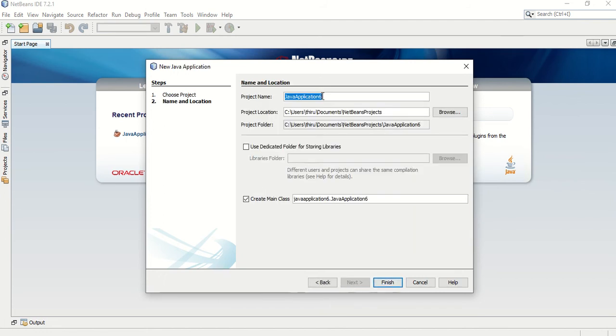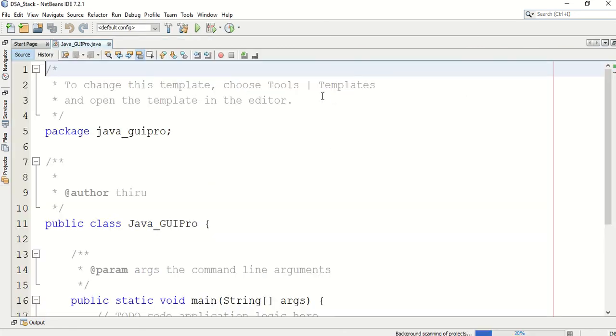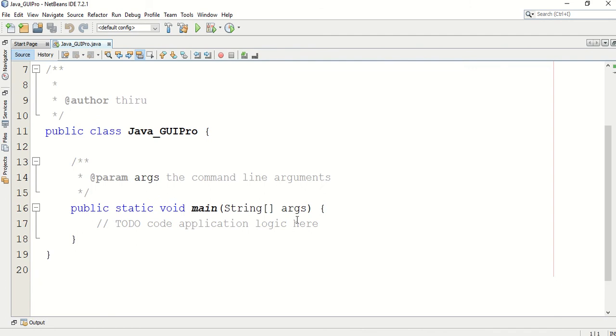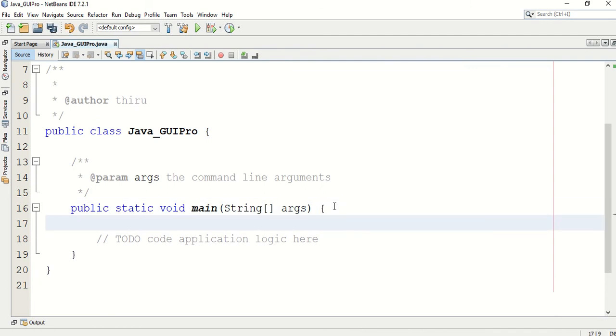Then next, here Java application 6. I am going to change this name to Java GUI Pro. Finish. Once I finish Java GUI Pro, you will get the coding window here. Normally this is like a full Java program.